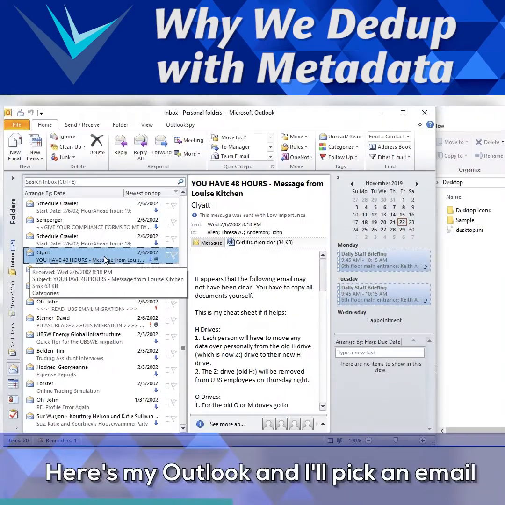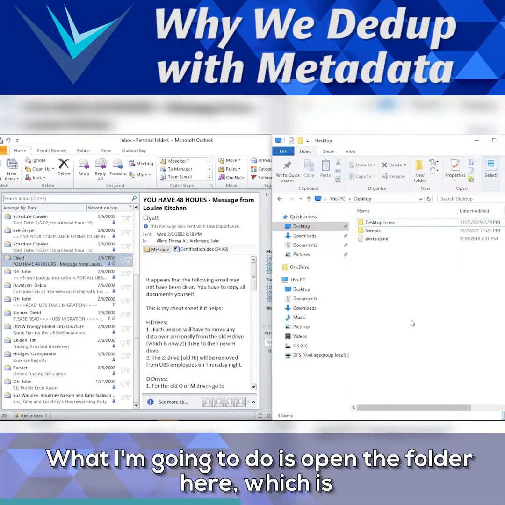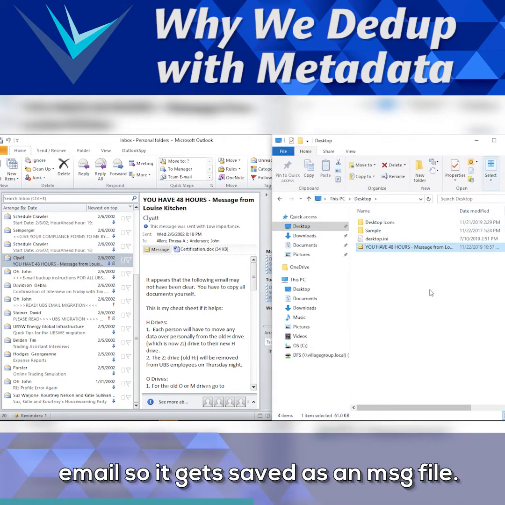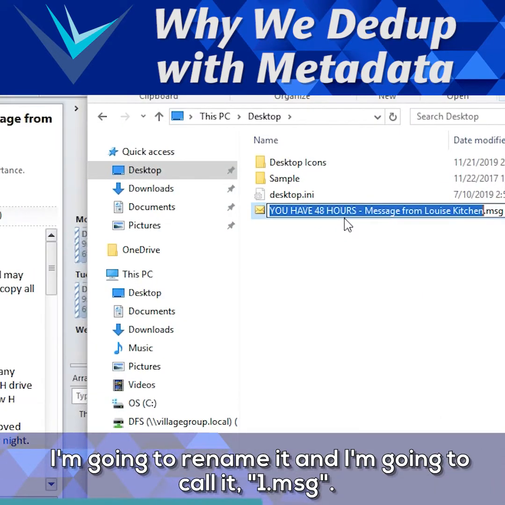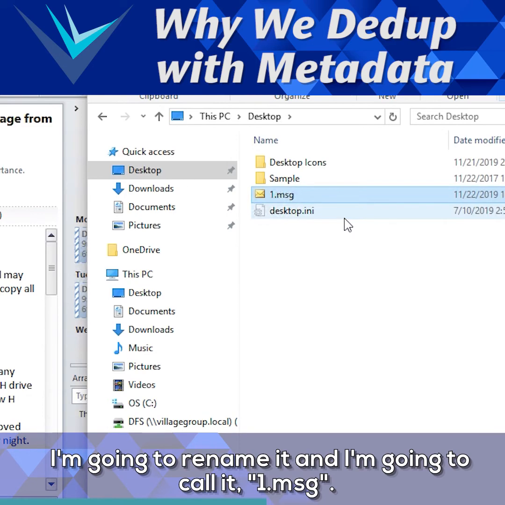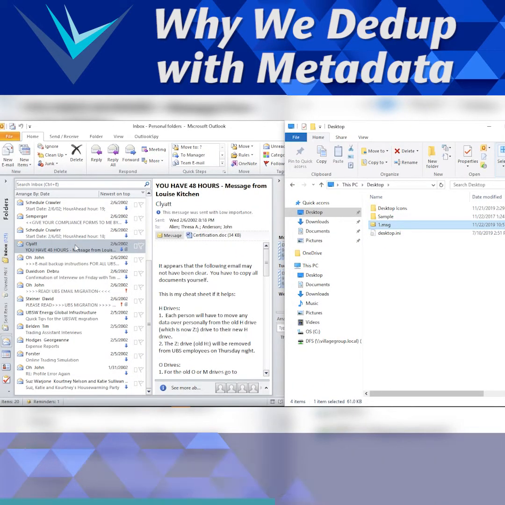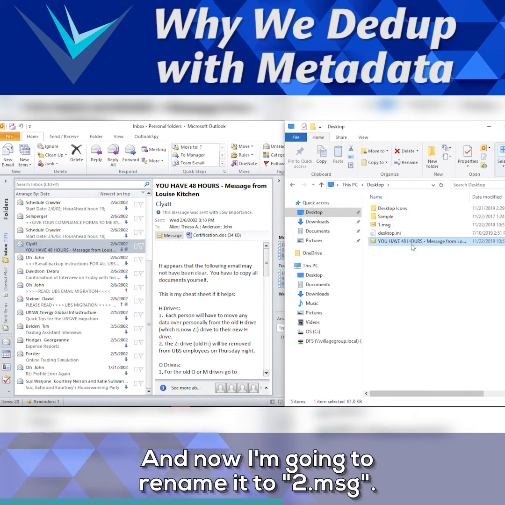Here's my Outlook, and I'll pick an email with an attachment. What I'm going to do is open a folder here, which is a desktop, and I'm going to drag and drop my email so it gets saved as an MSG file. Now I'm going to rename it, and I'm going to call it one.msg. Now, the next thing I'm going to do is take the same email and drag and drop it one more time. And now I'm going to rename it to